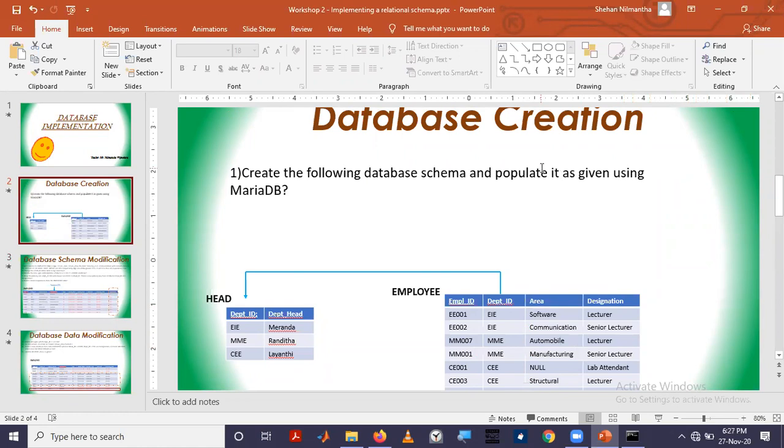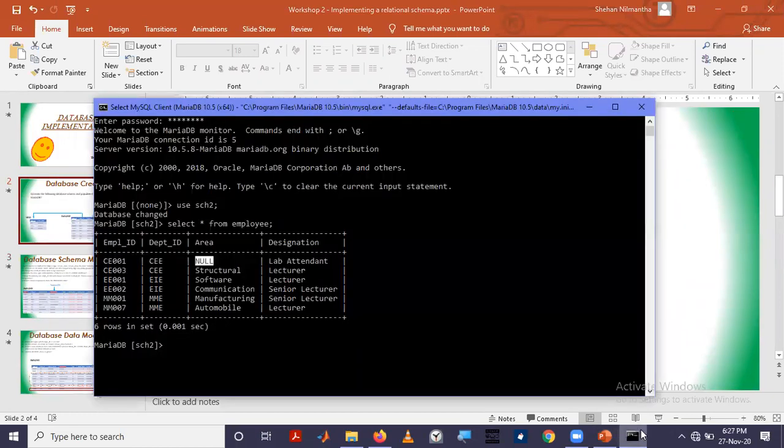So today we discussed the data dependencies first. Then we came into database implementation, and you saw how you can implement a given table using SQL.